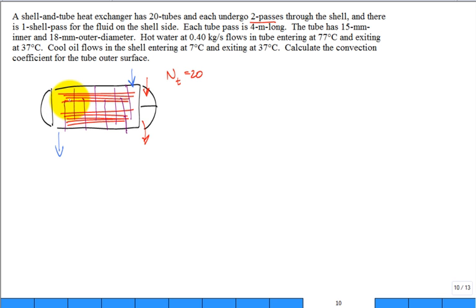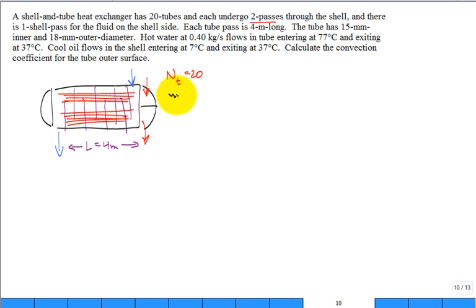Like that. So the flow goes back and forth on the shell side across the tubes. The length of each pass is 4 meters. The tube has a 15 millimeter inner and an 18 millimeter outer diameter, and hot water at 0.4 kilograms per